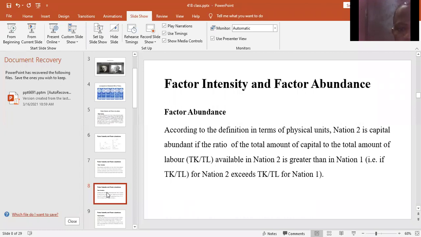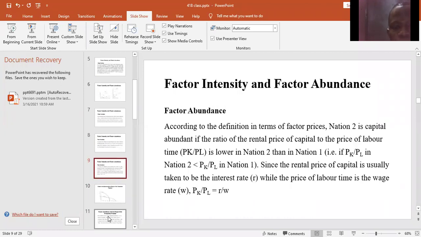But if you move away from the physical unit side, we look at it in relative terms, in terms of the price that we pay to get labor. Now, in a country like China, it's possible that the price of capital is cheaper, and we all know the reward for capital is rent. Sorry, it's interest, and the reward for labor is wage. If the interest rate of capital in a country like China is cheaper than the interest rate of capital in a country like the United States, we then say capital is more abundant in a country like China